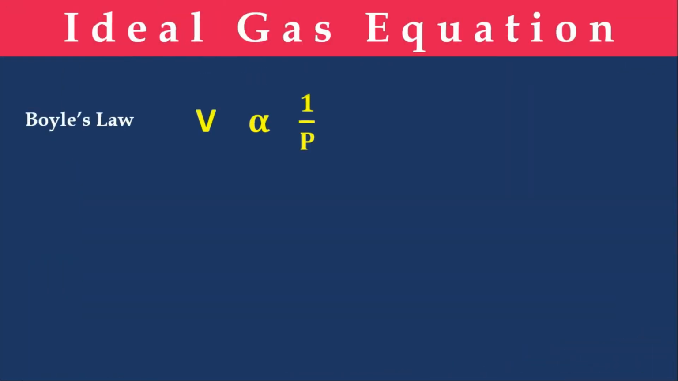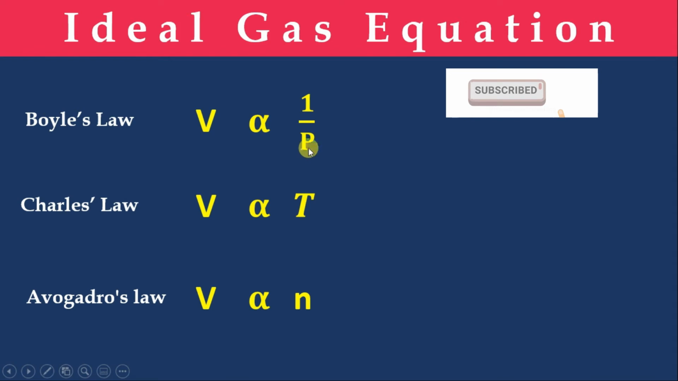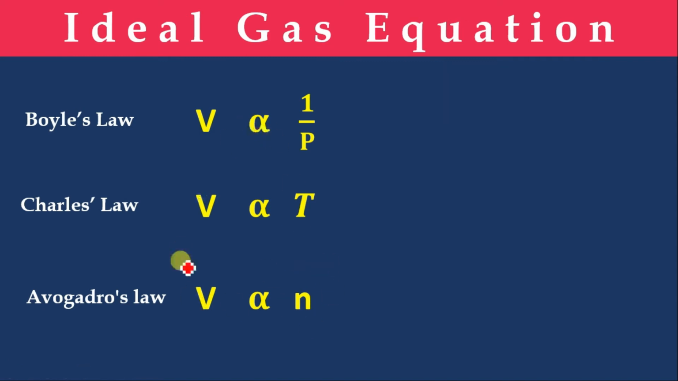Now we have discussed three laws, that is Boyle's law, Charles's law and Avogadro's law. You can see here V is inversely proportional to the pressure, V is directly proportional to the temperature, volume is directly proportional to the number of molecules. Combine all three equations and we get V directly proportional to N, directly proportional to T and